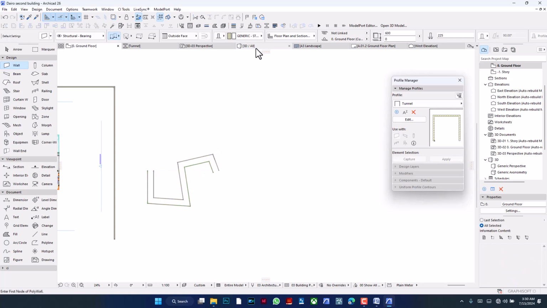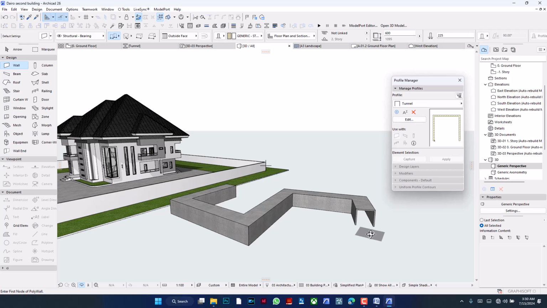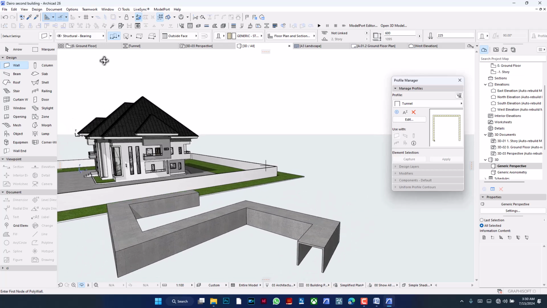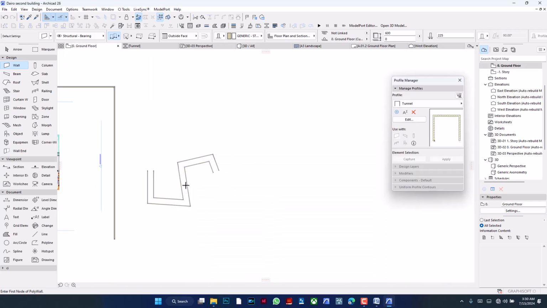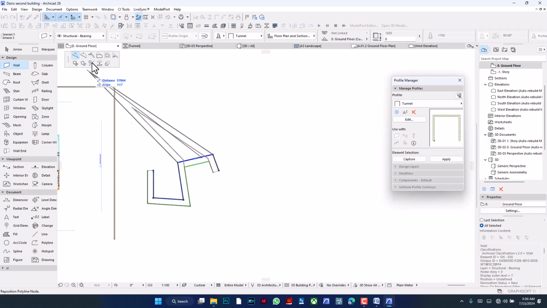Well, here's what happens on the 3D, as you can already see on the plan. The profile takes that exact shape, and so now I have a tunnel that is basically free form. Any form I give to these walls I have here, the profile takes on that form. In fact, if I choose to make them curvilinear,